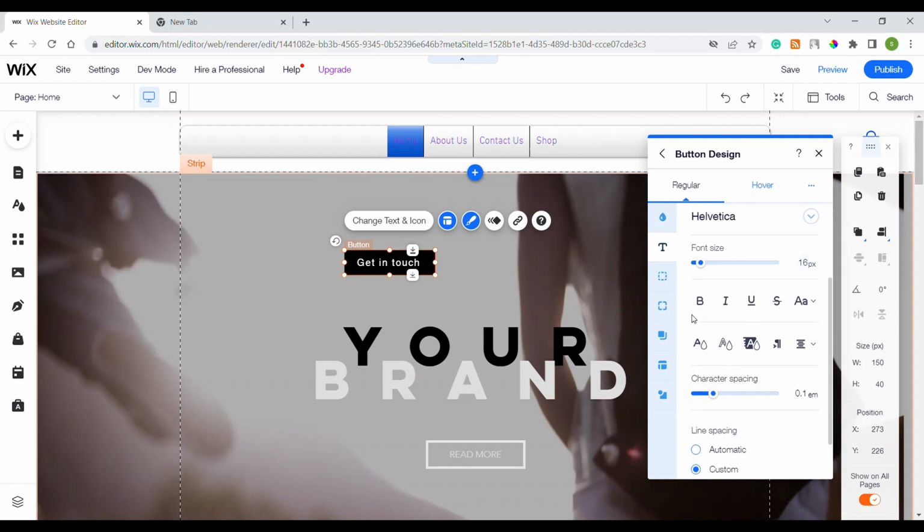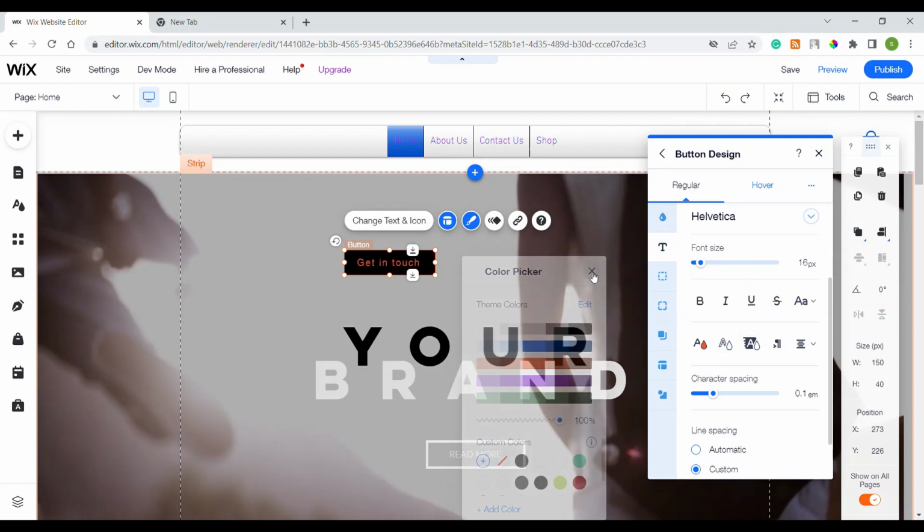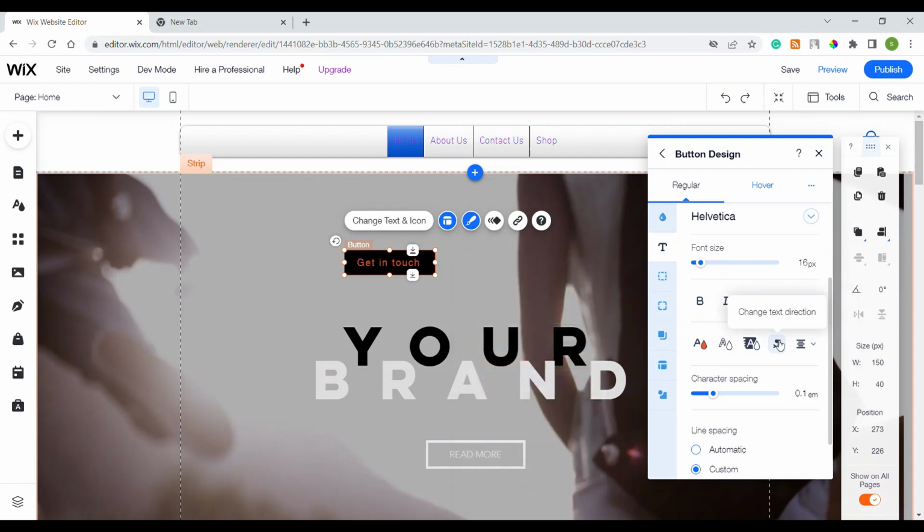Then the other options are bold, italic, underline, and strikethrough. Also, you can choose between capitalization options. Then the text color you can change. I will give it this color, and the outline color is also there, like this. You can choose between that. Then you can choose the highlight color as well. Then you can also change the direction, and change the text alignment,